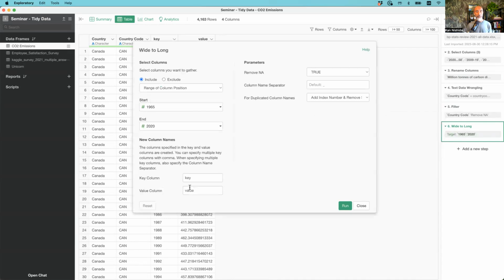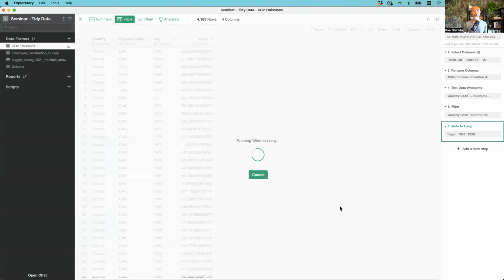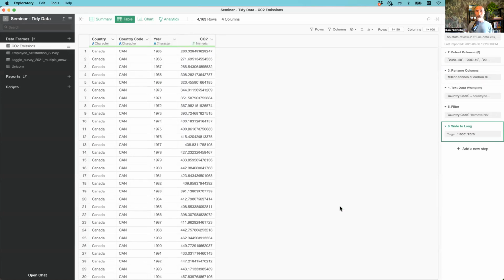And then here, new column names, you can set the new column names here. So I'm going to set a year, and then here the CO2. I think CO2 is good enough. And then click on that. And then not just transforming from wide data to long data, but it also gives the appropriate column names as well. Okay, so once we get this way, then we can actually visualize this data